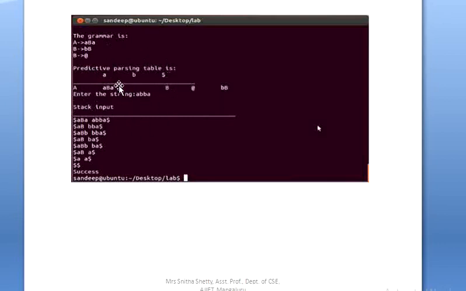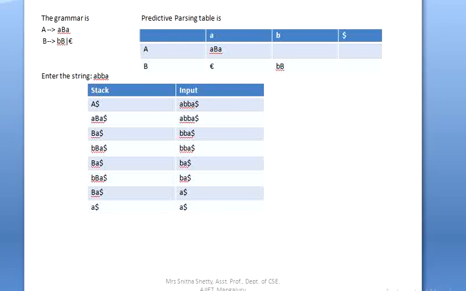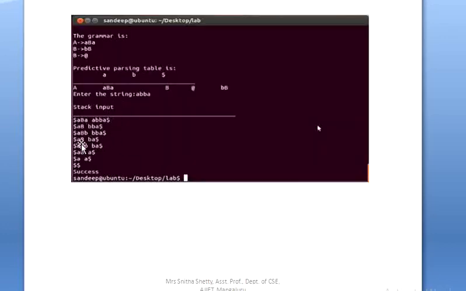You can see here A B dollar. Okay, it is in the same row. You can give a slash in the program, so it will come in the next line. A gives AB, B gives epsilon, dollar, and stack, input. So here you can see the input has been parsed in another way. So I can print the output in this way also, what I explained earlier. So I can print this table, or if it's small changes you can see here.